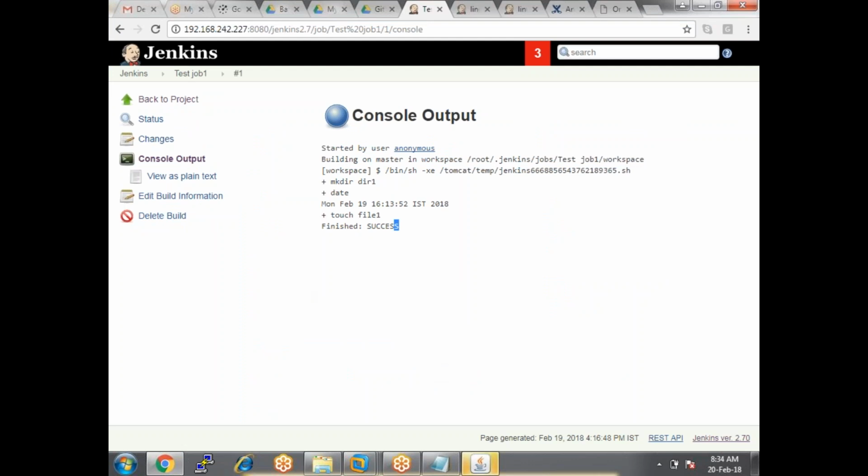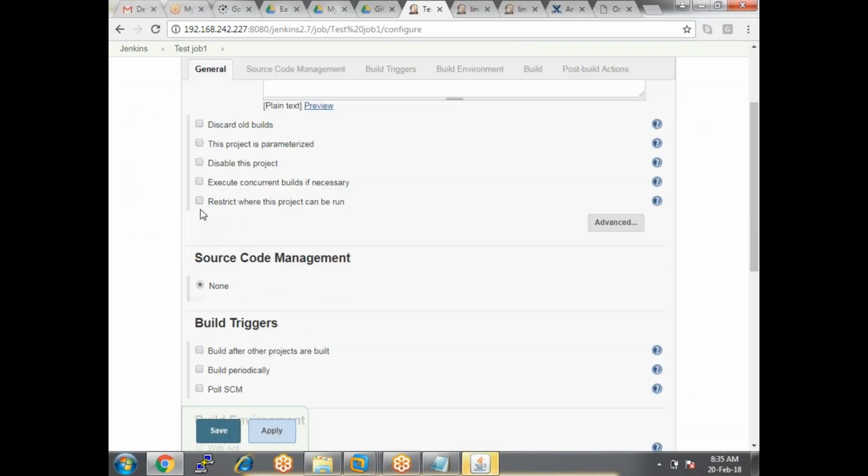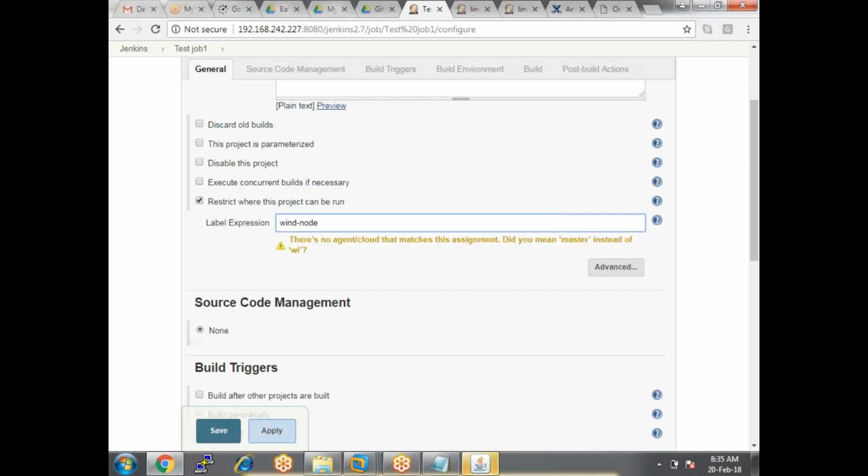just one question here. For example, if I run this job on a slave machine, see, now we were running this job on a master, right? Just say for example, I want to run this job on a slave machine. How can I do that? Label, yeah. So configure. So here restrict. Here mention your label name. But instead of a label name, if you want to run the job on a particular machine, you can also do this. You can run a job on a particular slave machine, or else you can run a job on a group